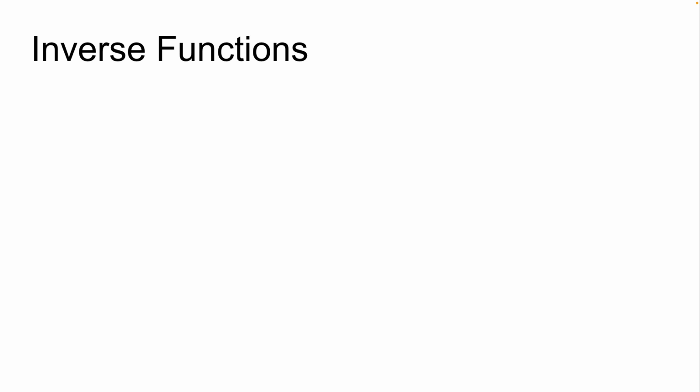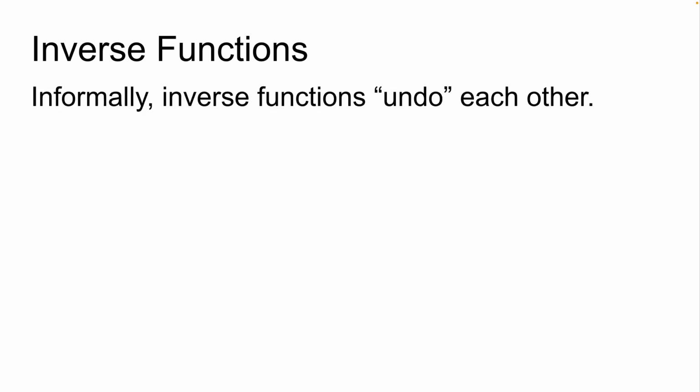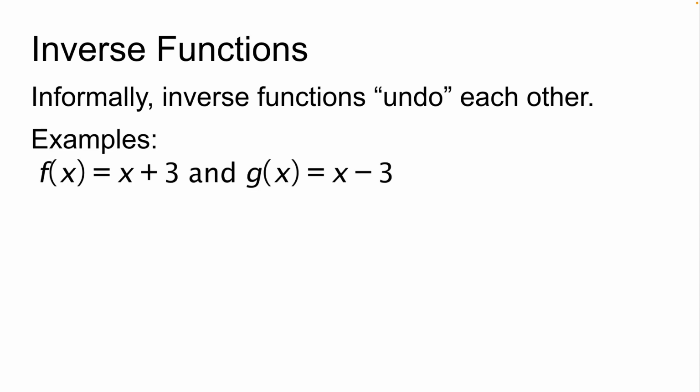Let's start to build the concept of an inverse function in math. Informally, inverse functions undo each other. Let's take a look at a few examples. Consider the function f of x equals x plus 3 and g of x equals x minus 3. These two functions are inverses of each other. And if you think about it, the first function, f, is adding 3 to x, and g of x is subtracting 3. Addition and subtraction are usually known as opposite actions in math,